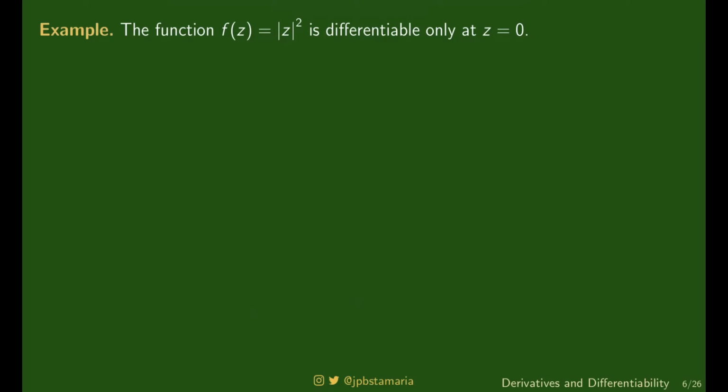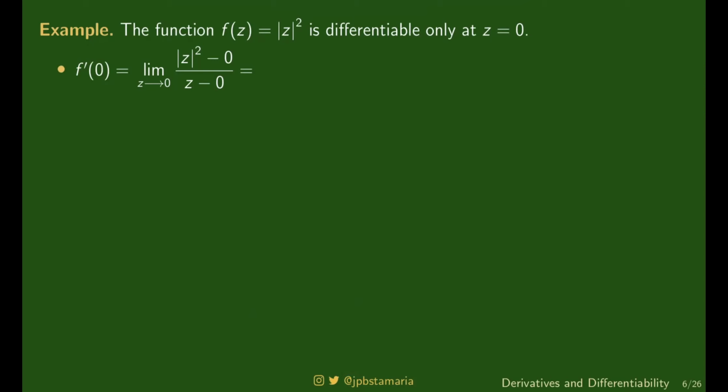Just imagine that. But because you see this is just the square of the absolute value function, it is everywhere continuous. So this is everywhere continuous, but it can only be differentiable at one point, only at the origin. So to illustrate why, for example, let's look at the derivative of f at 0. Ano ba ito? Siya yung limit nito. Diba? It's the limit of z as z approaches 0 nung f of z minus f of 0 divided by z minus 0. In-evaluate ko na para sa inyo.